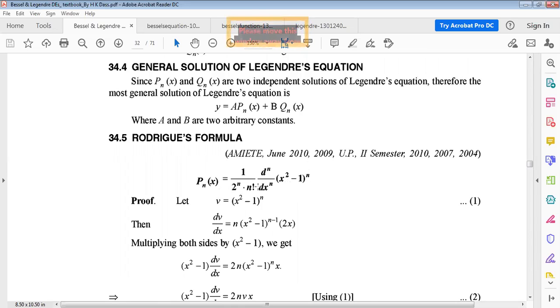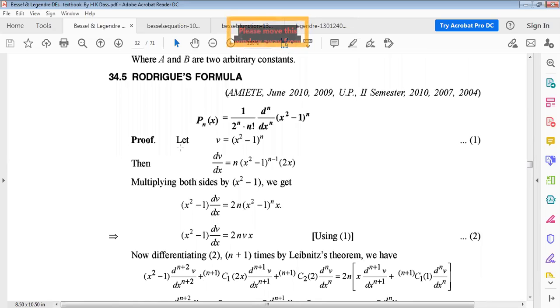This is the Rodrigues formula. We will try to prove it here. Let us consider v equals (x square minus 1) to the power n. Now, taking differentiation of v with respect to x on both sides, dv/dx equals n into (x square minus 1) to the power n minus 1,